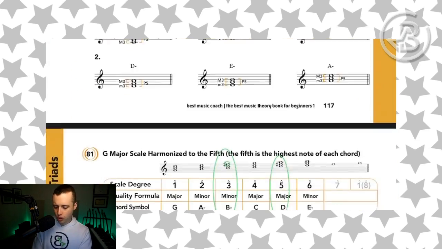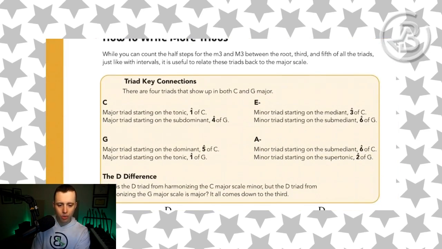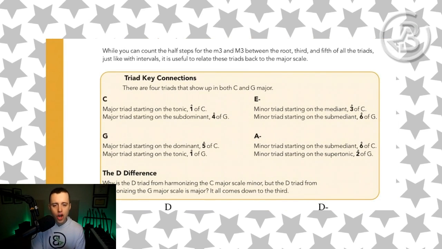Now, these 4 chords, what's the connection and why is it important? It's important because there's only one note that changes from the C major scale to the G major scale, and that is the F sharp. And because they have 6 notes in common, you're going to have common chords that show up in both. So it's to illustrate and help you really understand that connection between those similar notes, because whenever we harmonize a major scale, we're just taking those same 7 scale notes and stacking them on top of each other to make root, thirds and fifths, to make triads,